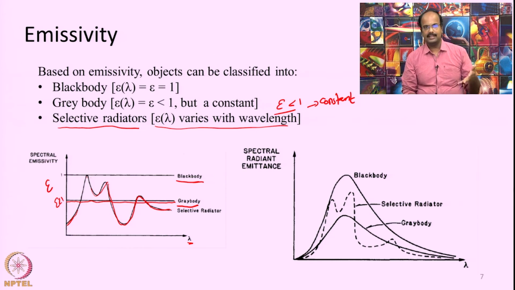Water body under thermal infrared wavelengths may have emissivity close to 0.98 or 0.99 and so on, but only under thermal infrared, that is, even that is not a perfect grey body. Within the wavelength range of 8 to 14 micrometers, a water body can be treated as closely a grey body, but for almost all the earth surface features emissivity will vary with wavelength. Maybe at 8 to 14 micrometer wavelength they may be like a constant,